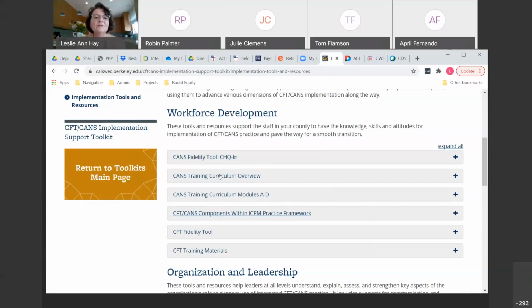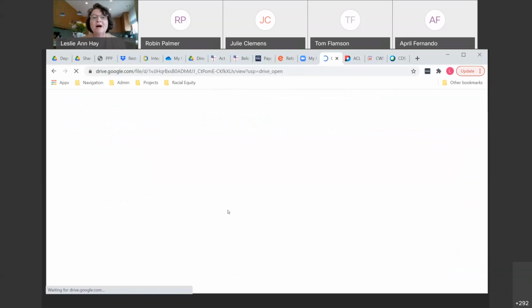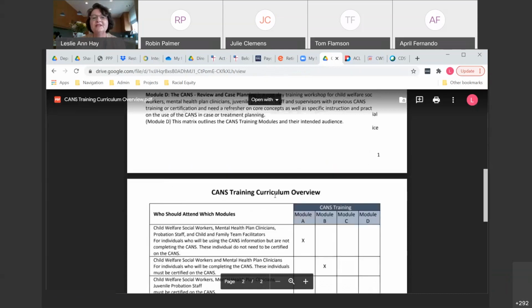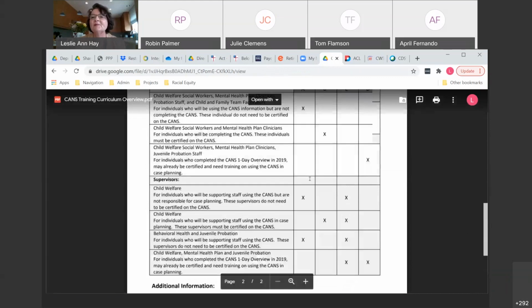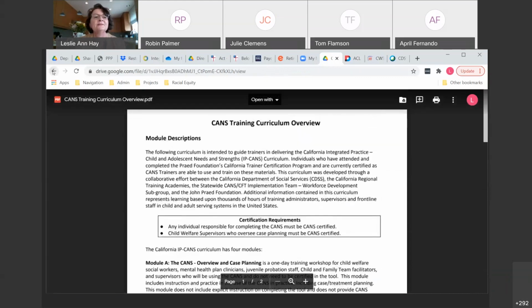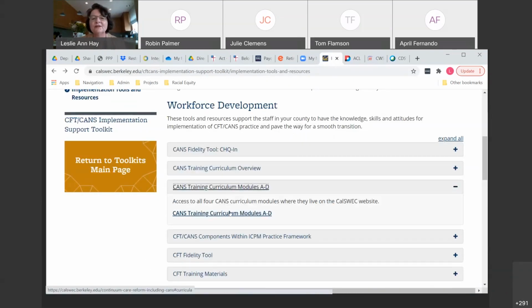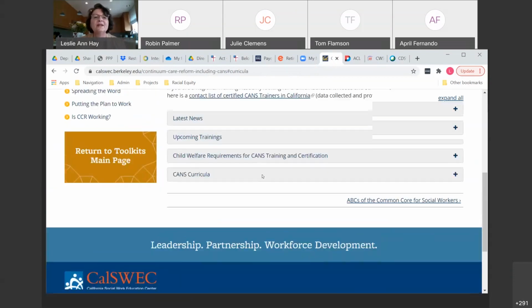So you'll see here that some of the things we saw today, this is a link to that, the CANS training curriculum overview with the different modules that we talked about earlier today, and a little description of each, and who should go to each. So it's a nice quick place to get a summary of what those available modules are and how you go about accessing those. We also have a portal here to the actual curricula itself by linking to another area of